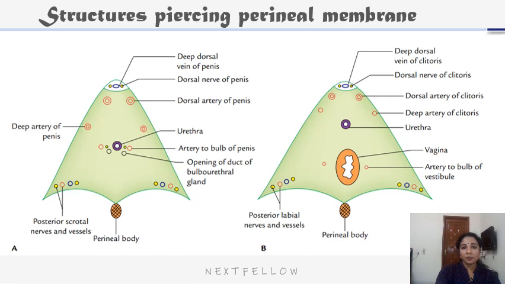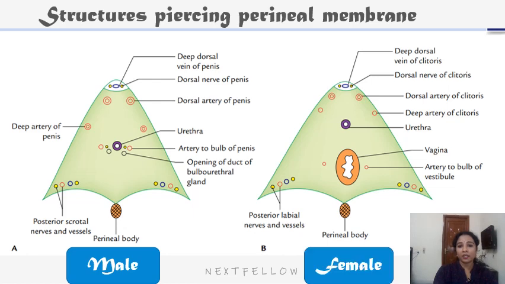And let's see the structures piercing the perineal membrane. So posterior scrotal vessels in males. So this is the male urogenital region, and this is the female urogenital region, and we can see the structures passing from deep to superficial perineal pouch by piercing this perineal membrane. So the contents here in males are posterior scrotal vessels and nerves on each side at the base, and posterior labial nerves and vessels in females, and deep